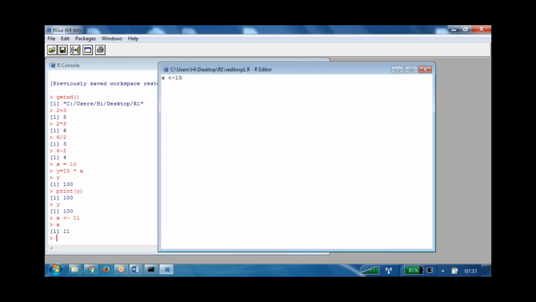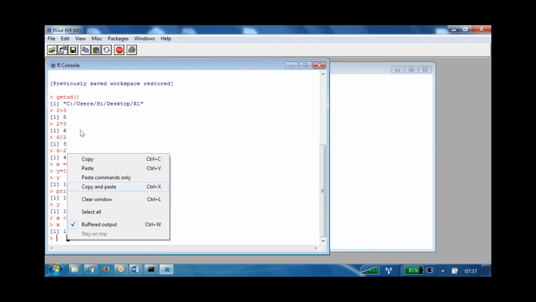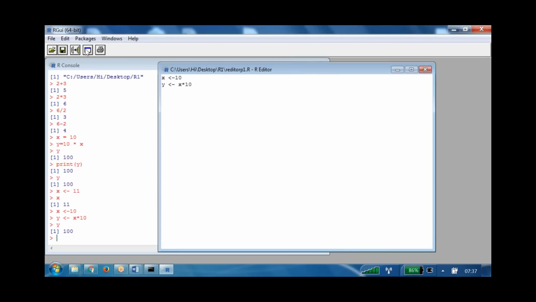Suppose x is equal to 10, and you want to write here y is equal to, for example, x into 10. Suppose at this point of time we are writing, and it is case sensitive. If you write capital letters, then only capital letters have to be used; small letters, then only small letters. Then I copy it and paste it here, then enter. Then if you type y here, we are able to see that. So multiple lines of code can be written here. Let me save this one, it's saved. And it's overridden, actually. Whatever we already had in R editor P1 is overridden.